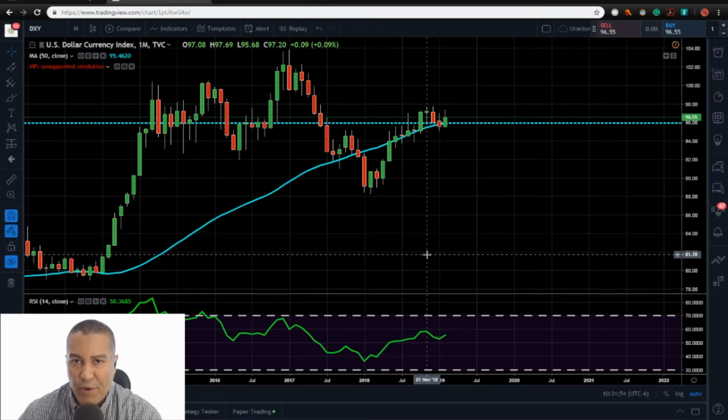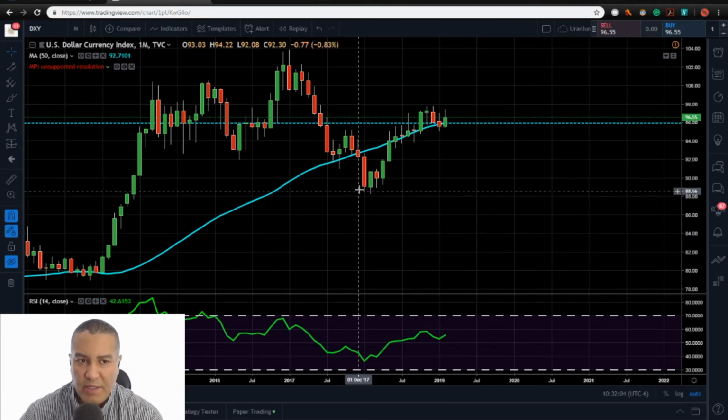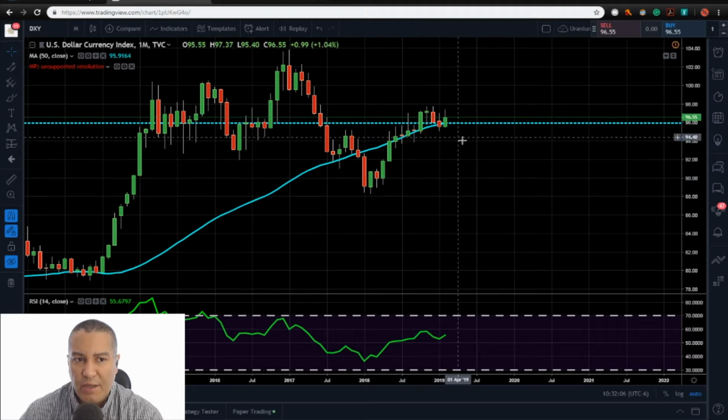Hey guys, today is February the 22nd of 2019. I want to go over the Aussie dollar using Gann price and time technical analysis. So I want to show you what I'm seeing on the dollar. The dollar is